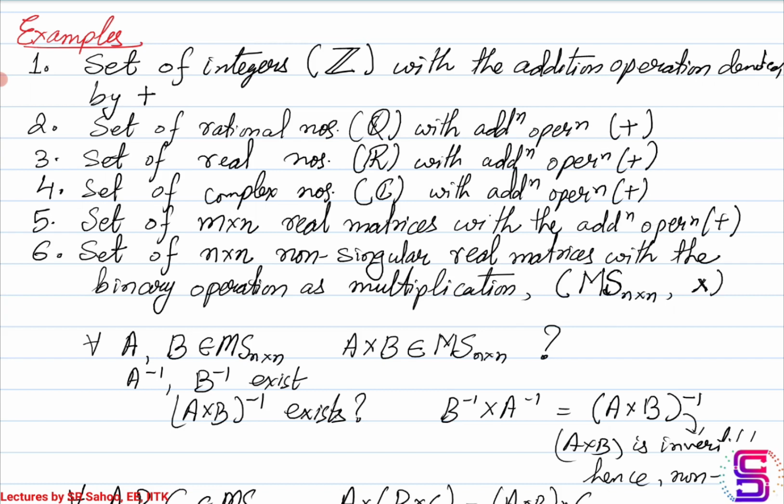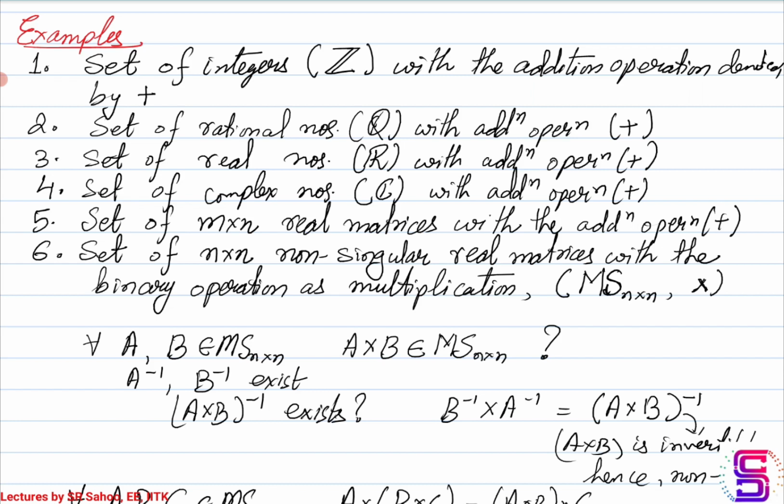What about rational numbers? You have a set of rational numbers, and the binary operation that you want to perform is the addition operation. In this case also, the closure property is satisfied because the sum of rational numbers is always rational. The rational numbers satisfy the associativity property. The identity element as far as the addition operation is concerned is the 0 in the set, and for every rational number there is a unique inverse.